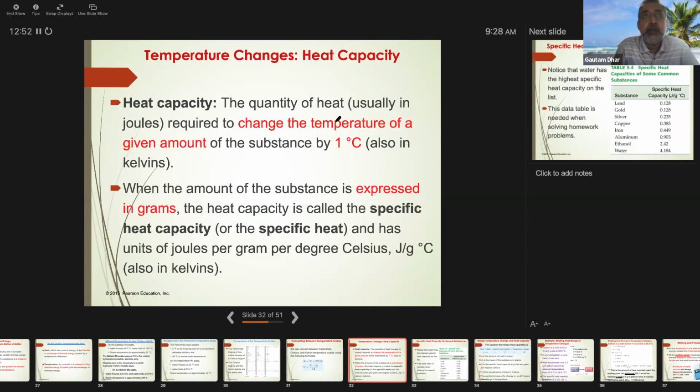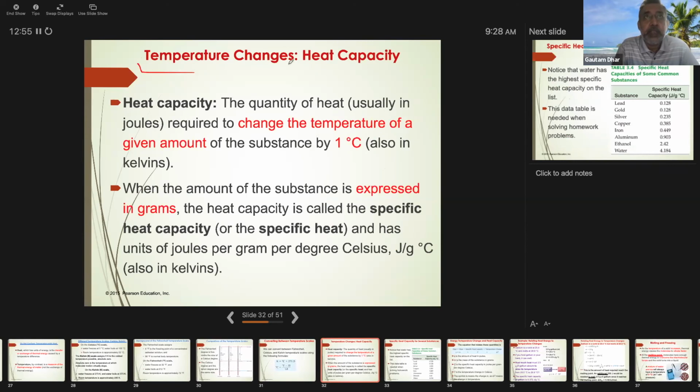Next, we'll try to calculate heat. Heat capacity, calculations of heat. Heat capacity is the capacity for any object of any size. When you're heating it, it is the amount of heat it requires to raise the temperature by 1 degree. It can be of any size, any mass. That is called heat capacity. So if you take a rock and heat it, it is the amount of heat it takes to raise the temperature by 1 degree centigrade.